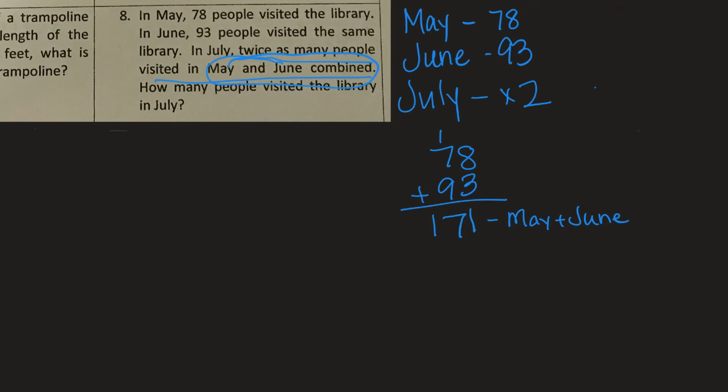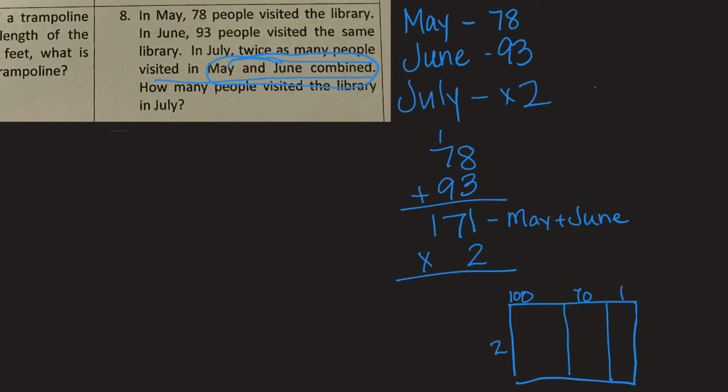But in July, twice as many. So now we're going to multiply that number by 2. So I'm going to draw my open array. Okay, and I'm going to say 171 times 2. I know 100 times 2 is 200. I know 7 times 2 is 14. So 70 times 2 is 140. And 1 times 2 is 2. So then I'm going to add 200, 140, and 2 together to get